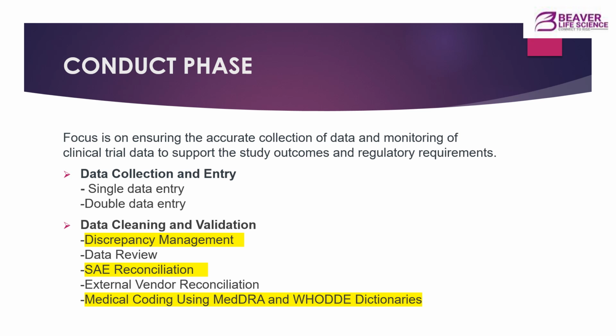The conduct phase is divided into two steps. First is data collection and entry. In data collection and entry, we enter the data by referring to the CRF. By using the CRF, we enter the data into the database, and from paper to electronic, different procedures are used, like double data entry and single data entry. Again, in double data entry, there are two types. In the first, double data entry is performed by one person, meaning one